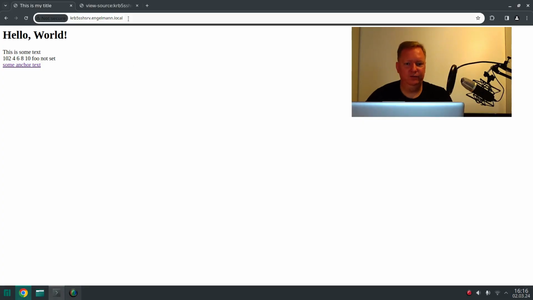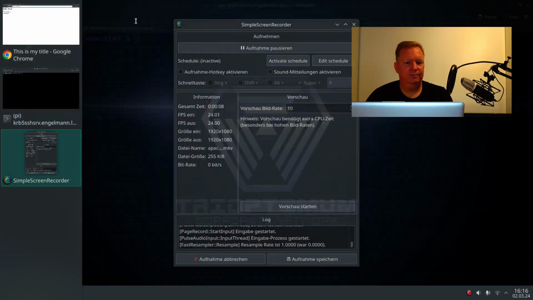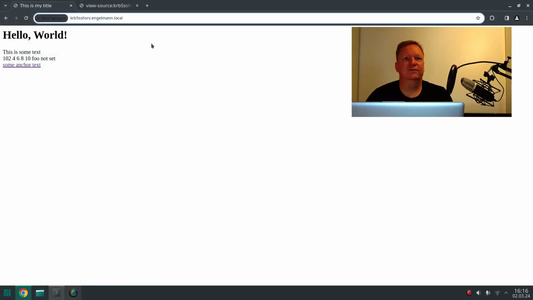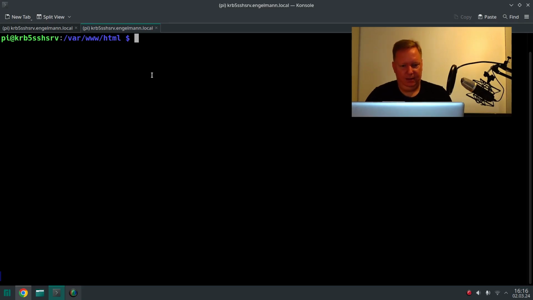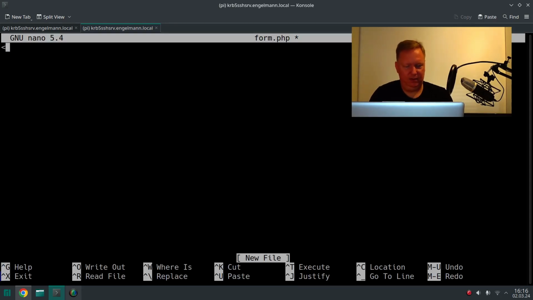So to get data from your browser to the server in a less obvious way, well, with Wireshark, somebody could still read it if your connection is unencrypted, but anyways, to get data from your browser to the server through different means than this address bar, you can make something that's called a form. So in here, let's create another PHP file, and I will just call it form.php, and then here again HTML